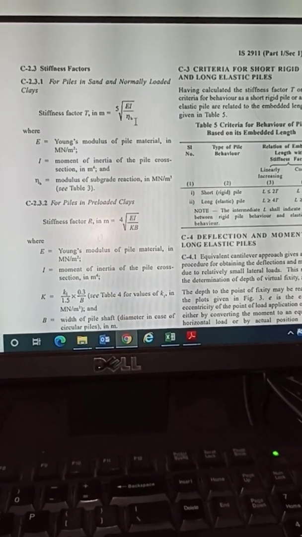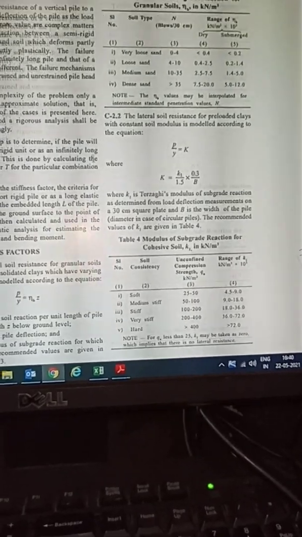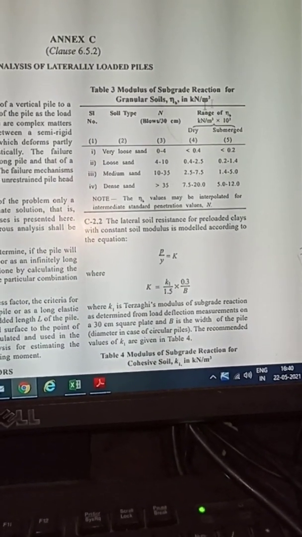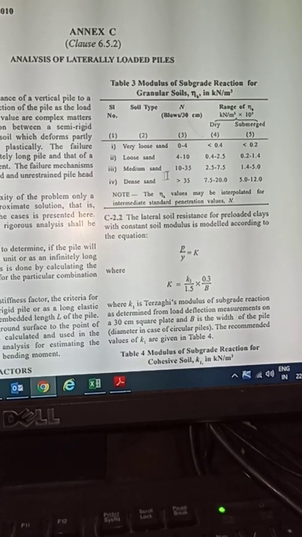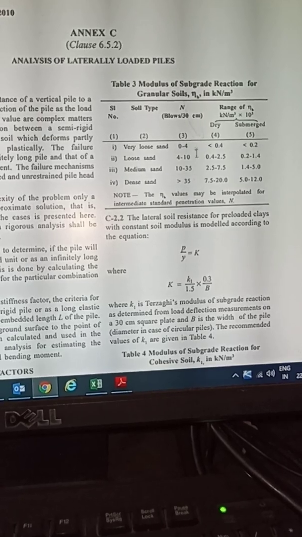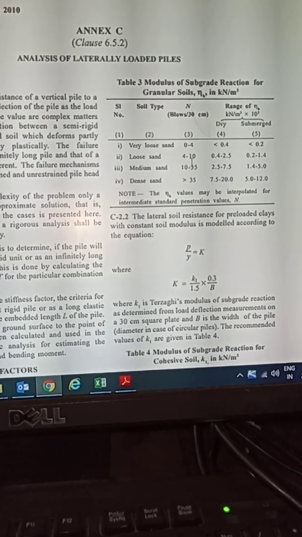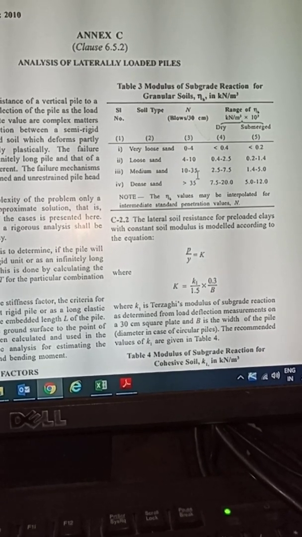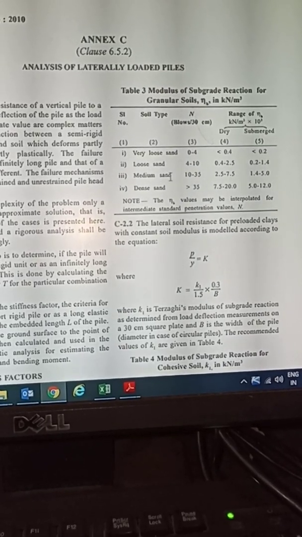So let me also show you how this eta H, modulus of subgrade reaction, is calculated. When we come here, as you can see, a table is given for modulus of subgrade reaction for granular soils. Based on the N value we get this value. As I had already told you, the N value of our soil is 21.65, so it falls in this category, medium sand category.